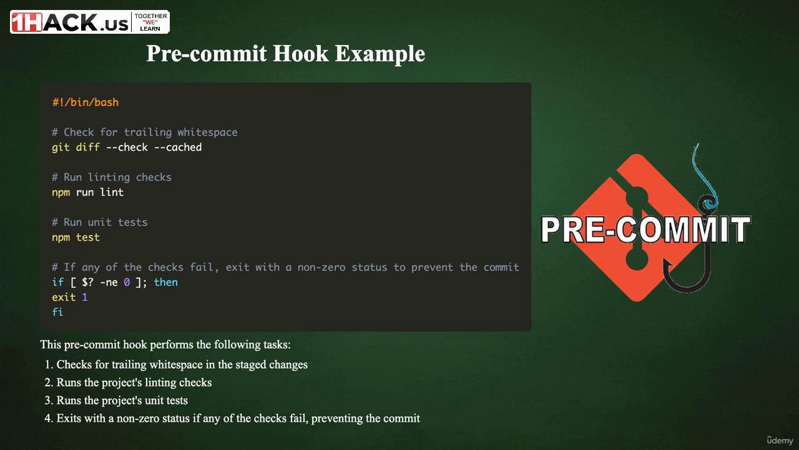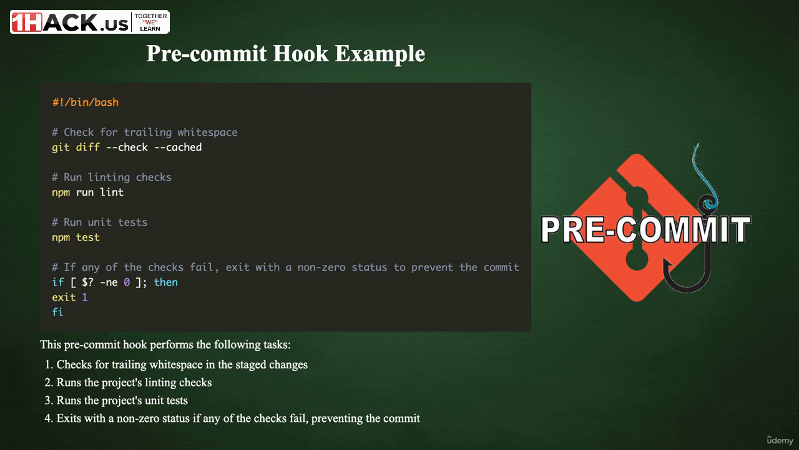3. Runs unit tests. The hook runs the project's unit tests, in this case, npm test, to verify that the changes being committed do not break existing functionality. If any of these checks fail, the hook will exit with a non-zero status, which will prevent the commit from being created. This ensures that only high-quality code is committed to the repository, improving the overall code base and reducing